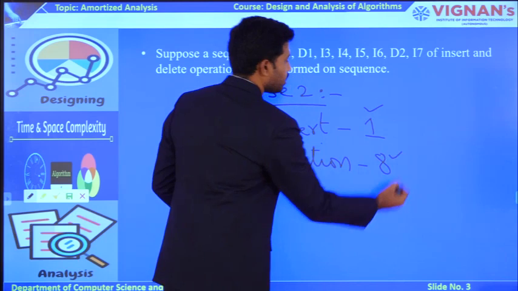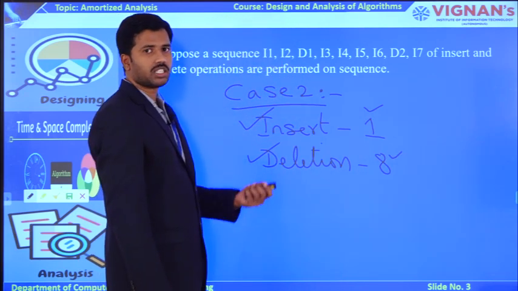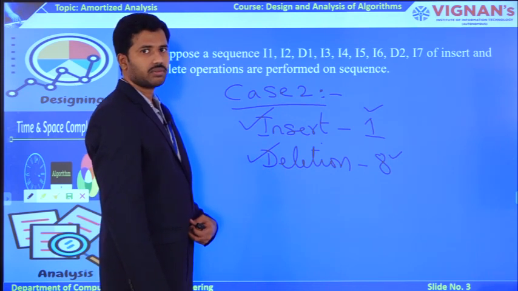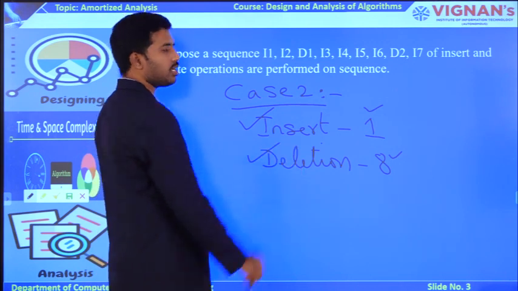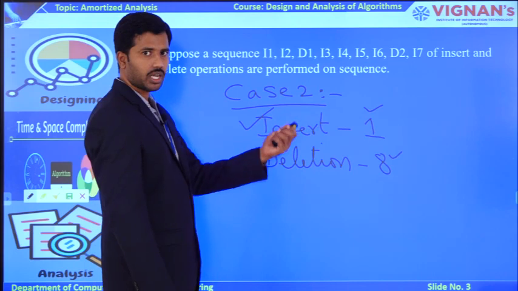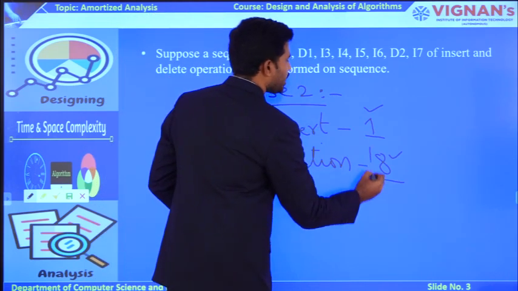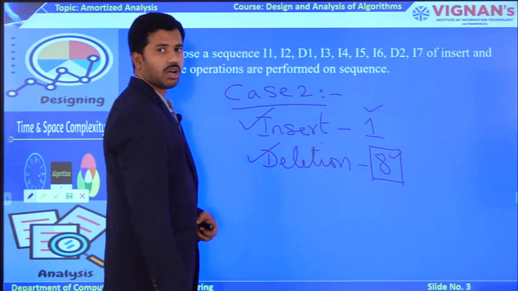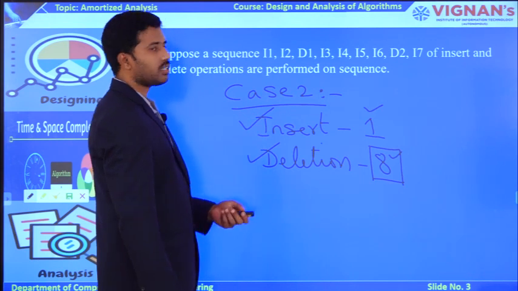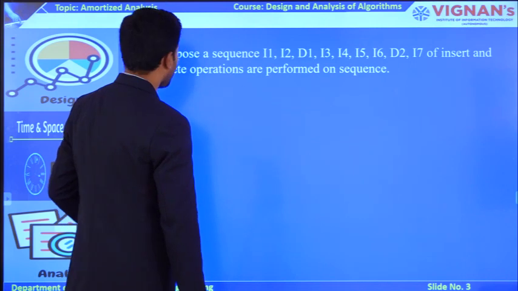cost is 8. So if you observe this case, the insertion cost as well as the deletion cost are going to be different, right? Insertion operation will be performed with best case and deletion operation will be performed with worst case. To apply one deletion operation, you need to have an actual cost of 8. So in these cases, definitely you are going to get a problem, right? So now we try to observe one example.